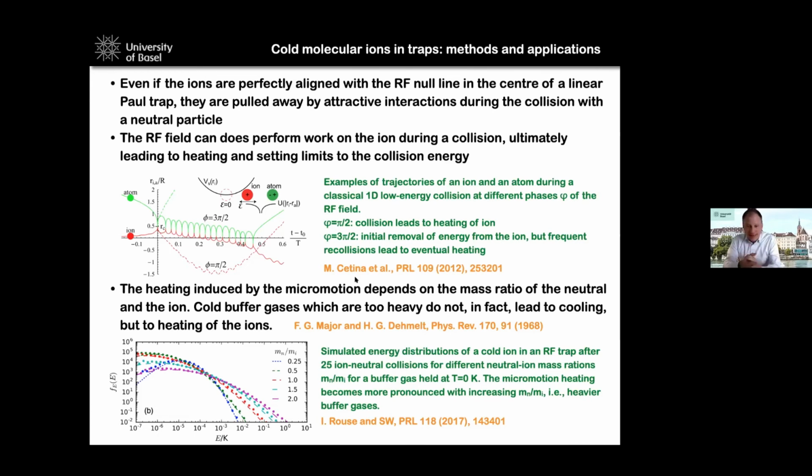Yeah, and that has first been discussed in this seminal paper by Hans Dehmelt already in the 1960s, where it was explained that the buffer gas should not be too heavy. So meaning the ideal situation is if you have a light buffer gas and a heavy ion,